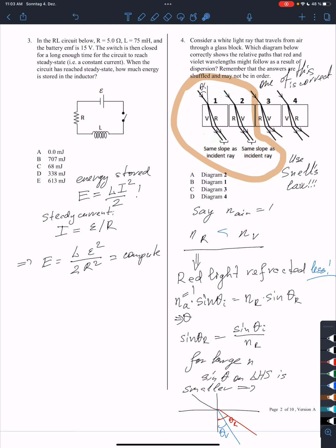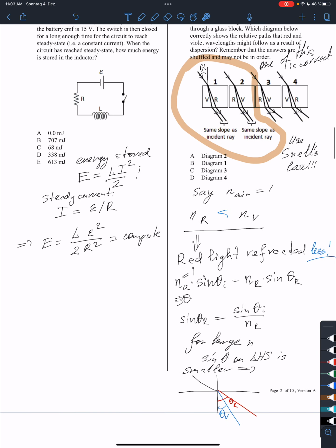Okay, it doesn't matter if it's red and violet. We define this property using Snell's law, that the slopes of all these 3 curves have to be the same. Okay, and therefore it's only these 2 possibilities which are possible, and now you have to remember that for red light,